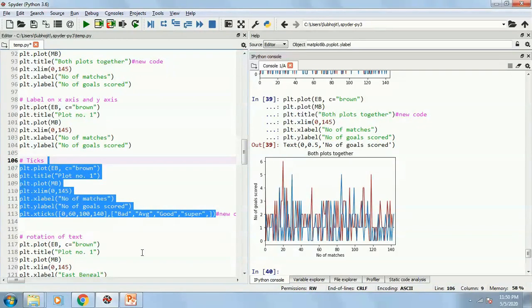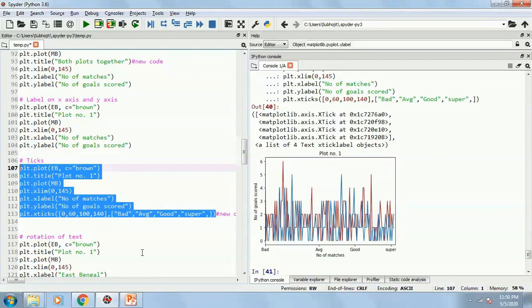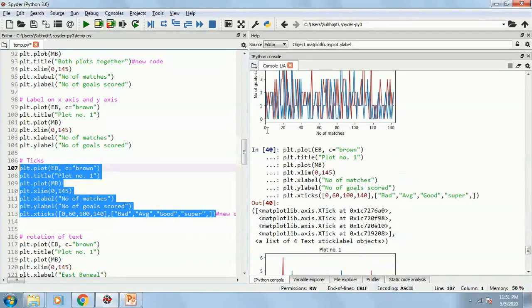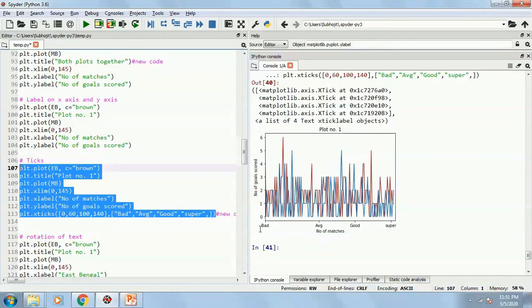And if I execute, the y-axis will remain as it is. I'm only going to change the x-axis. So if I execute it, see, rather than 0, 20, 40, 60, I have only bad, average, good and super. In this way, if you want to change this, you can change this.